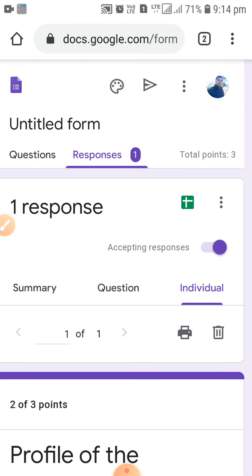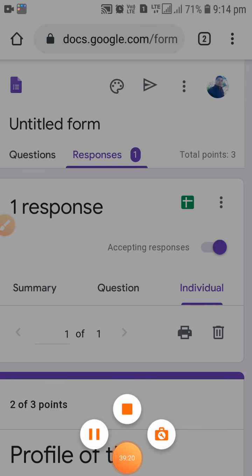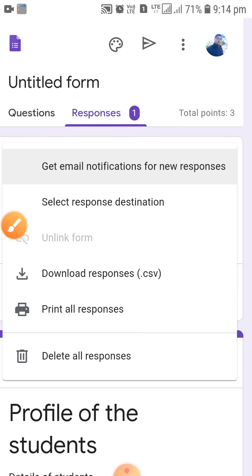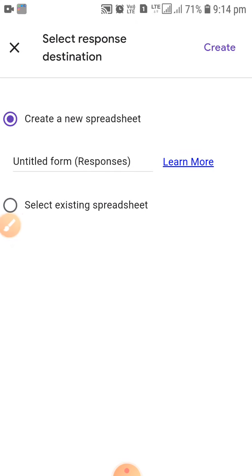Okay, suppose you want to export this in an Excel sheet, that is the thing I have shown you over here. It will not export it as an Excel sheet, the download will show it in Notepad like that. But if you want to show it in a different Excel sheet, then you will have to click on this, and I'm clicking on that, and it is asking to create a new spreadsheet.